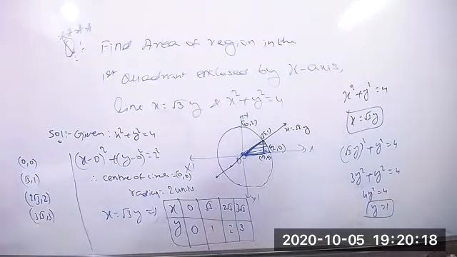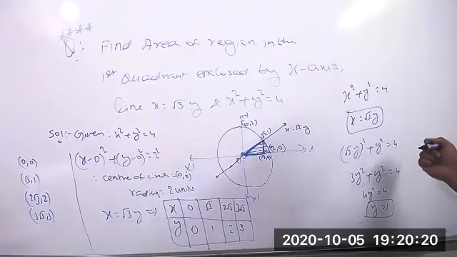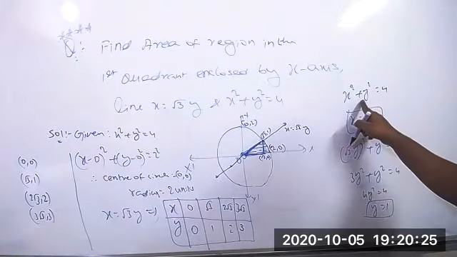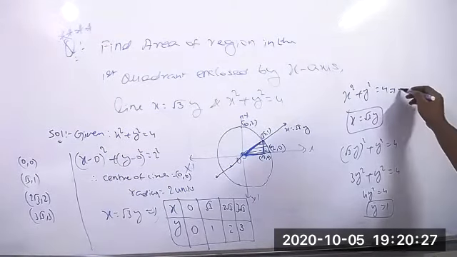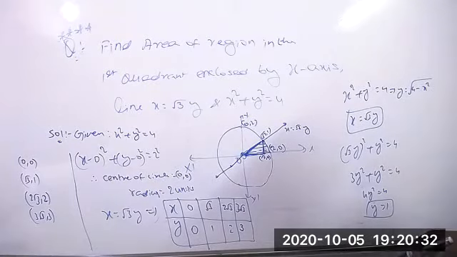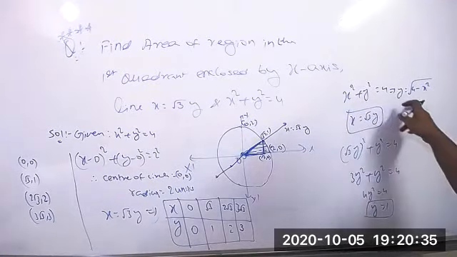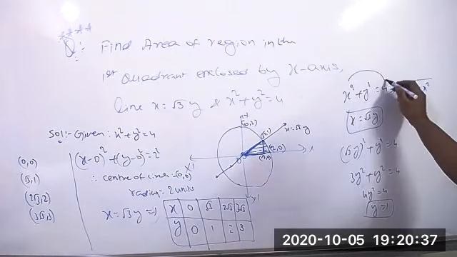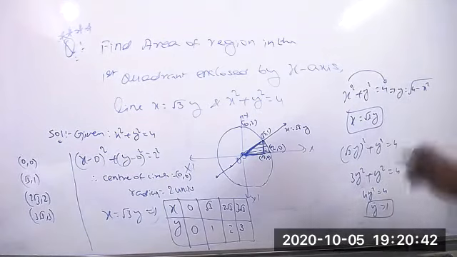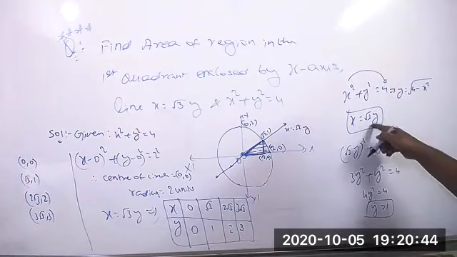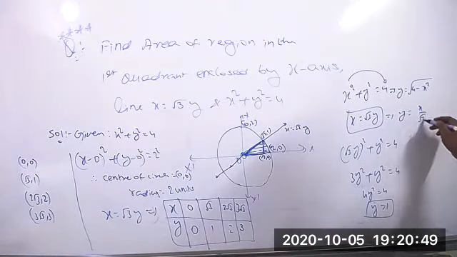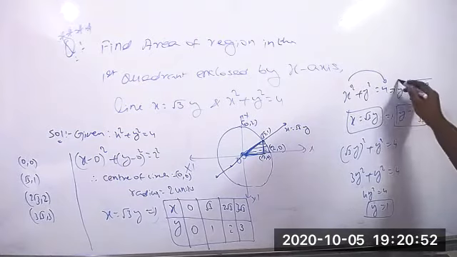Now I'll find the area of the circle, and we can do one more thing. Suppose we have to do the circle, definitely we have to find the value of y here. So the value of y equal to what you get? Based on the circle equation, y square is 4 minus x square, so y equal to square root of 4 minus x square. And coming to this line equation, y equal to x by root 3. These two also you should remember.